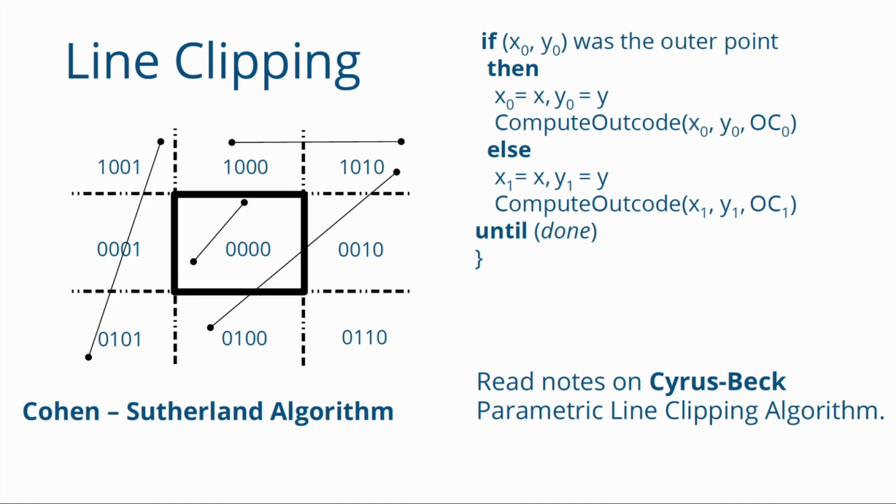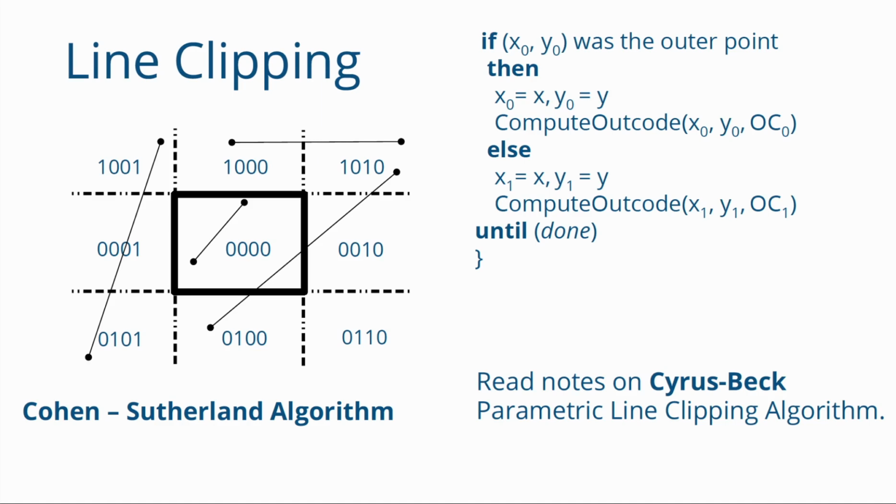Okay, an advantage of Cohen-Sutherland is also that you can easily extend the Cohen-Sutherland algorithm to 3D. So imagine if instead of a rectangle you were clipping against a box, and you wanted to clip your lines so that only the part that lied inside the box was retained and everything that was outside the box was thrown away. By a box, I mean a cuboid. Everything that was inside the cuboid is retained and everything that is outside the cuboid is thrown away. What kind of outcodes will you get in such a case? So try and figure that out. Once you figure that out, the extension to 3D is very simple.